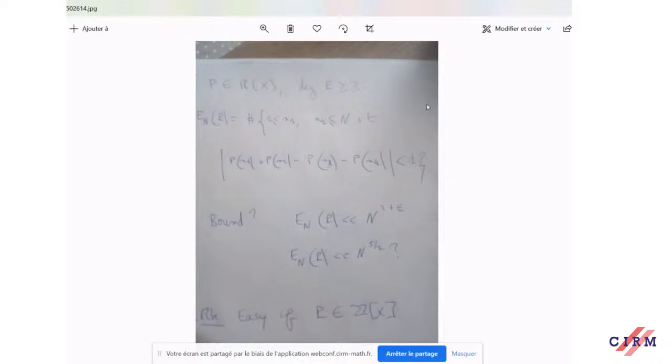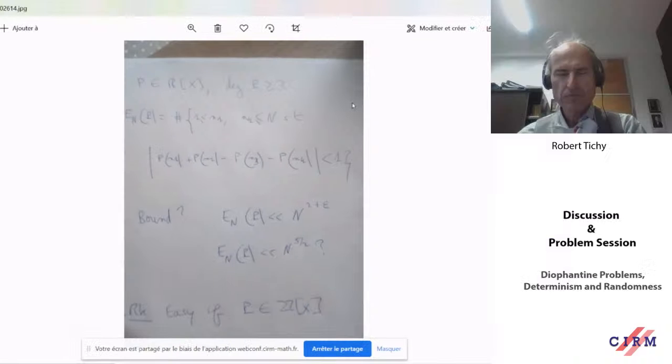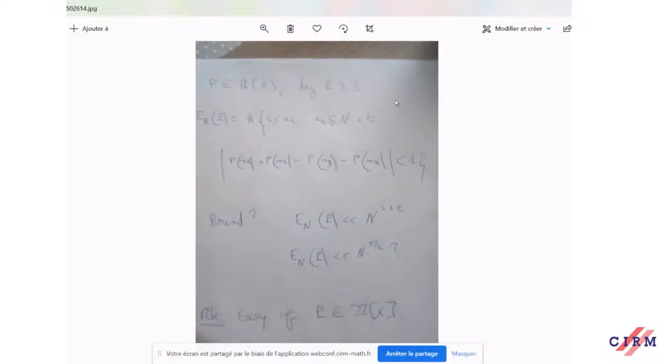And I would like to know if you can get better bounds. You should expect this to be like the diagonal plus a bit more, so something like n^(2+epsilon). But even if you can prove something like n^(5/2), I would be interested to see. This has a connection with my recent work with Christoph Aistleitner and Daniel El-Baz about pair correlation of real sequences, where one of the examples is to take polynomial sequences with real coefficients.